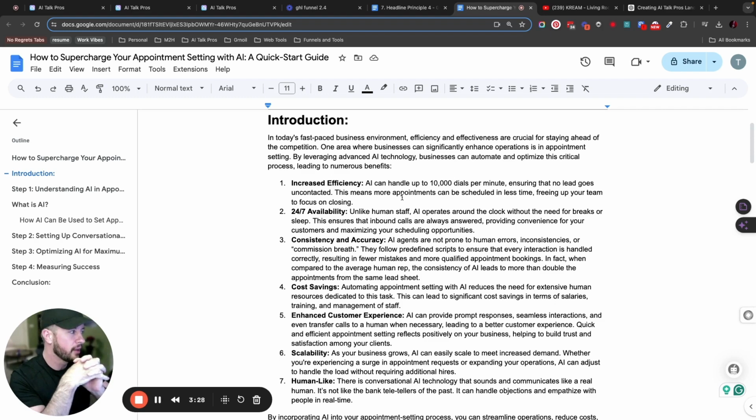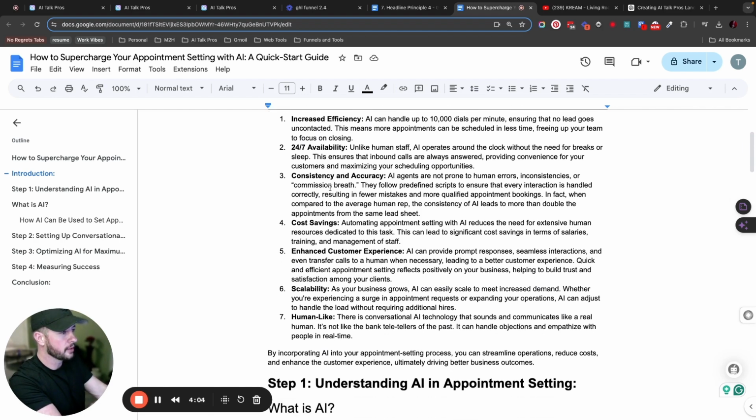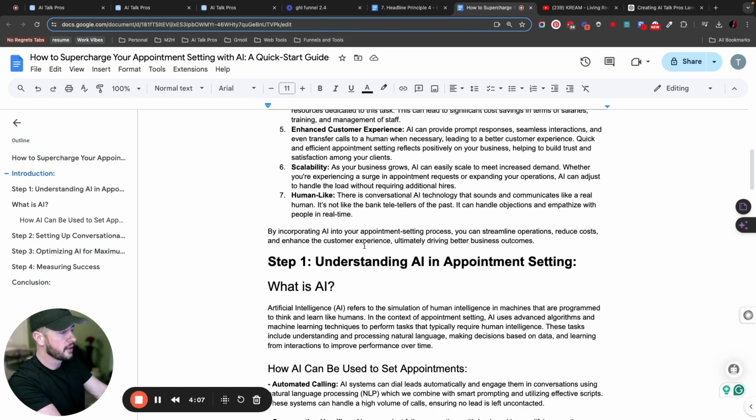It's not everyone's top-of-mind pain point, but it is a huge pain point as soon as they think about it, because since we can deliver more than double the appointments from the same exact lead sheet, then they're effectively spending half the amount of money that they were spending per lead, because they're getting double the business from the same amount of leads. So this quickly goes through that, why it's efficient, the availability of it, consistency, cost savings,